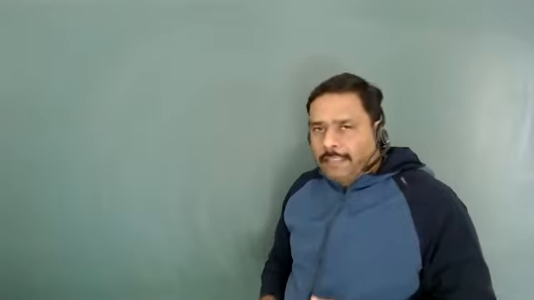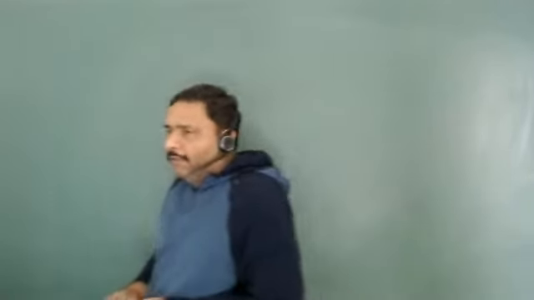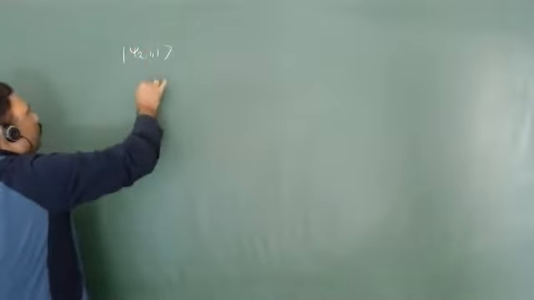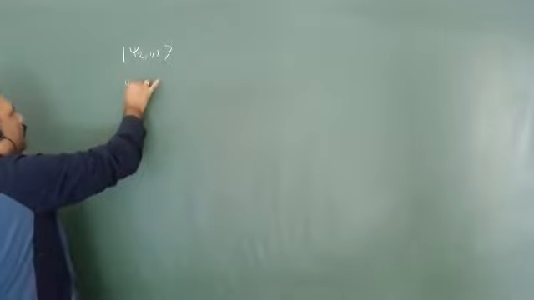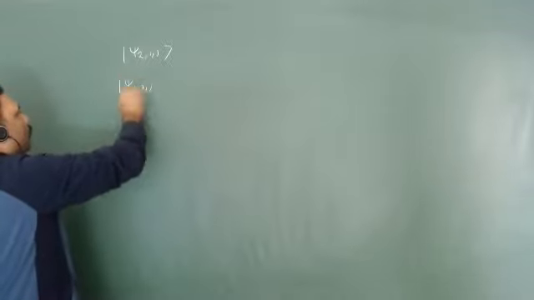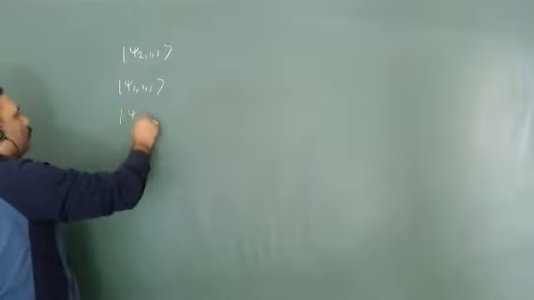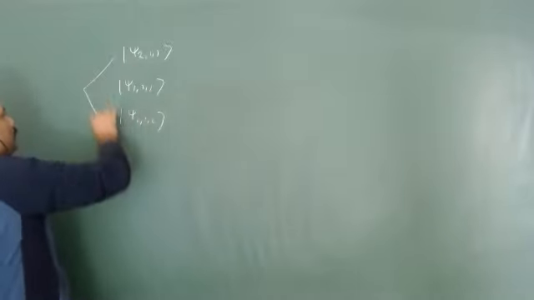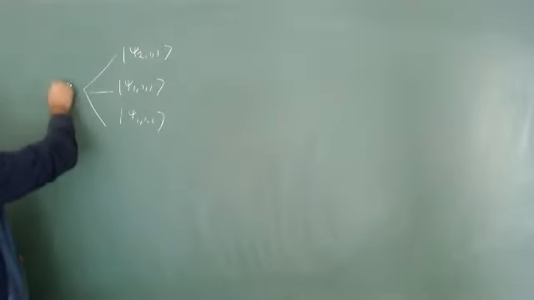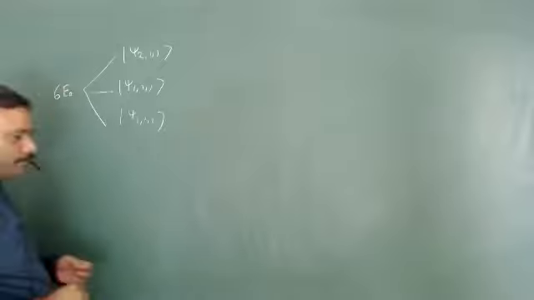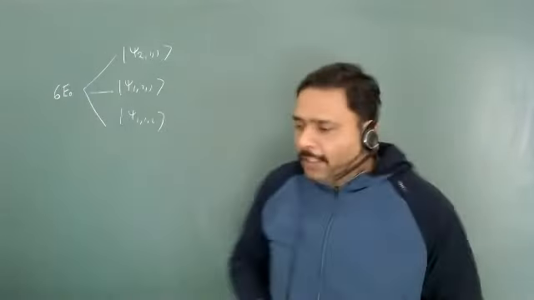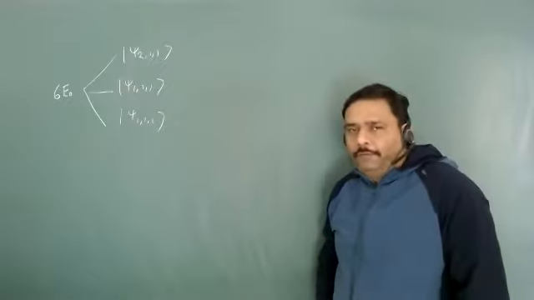So now for the first excited state, what will be the eigenfunction? What are the possible eigenfunctions? The possible eigenfunctions are psi 211, isn't it? And also psi 121 and also psi 112. And all these three have the energy eigenvalue that will be 6 E naught. Isn't it? That value is 6 E naught.